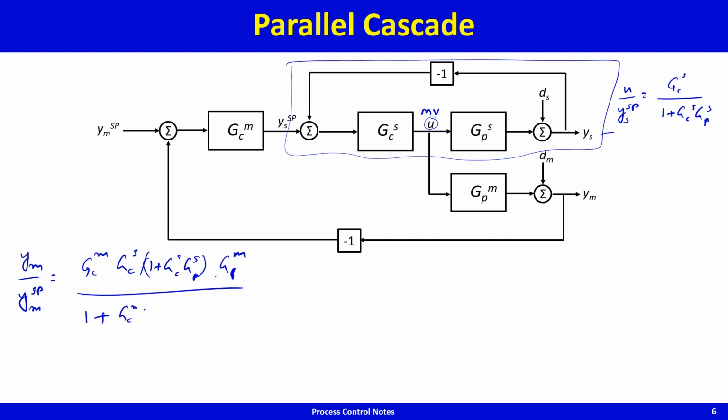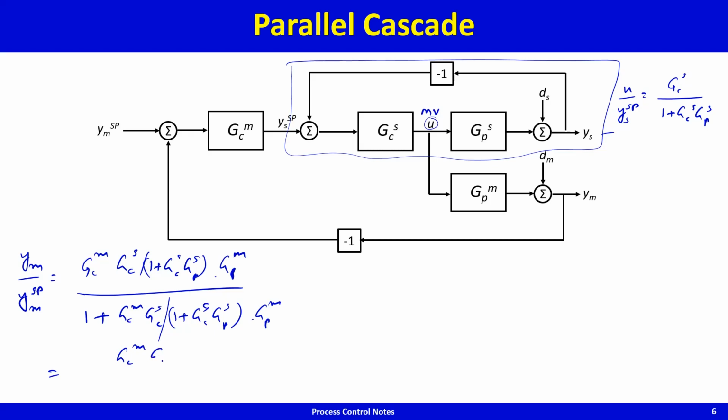So GCM GCS divided by 1 plus GCS GPM times GPS times GPM,